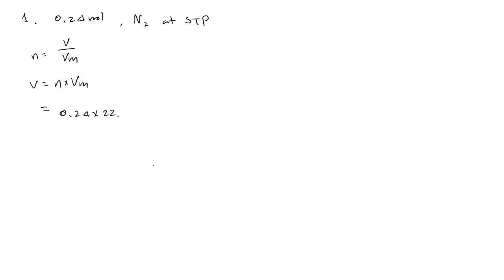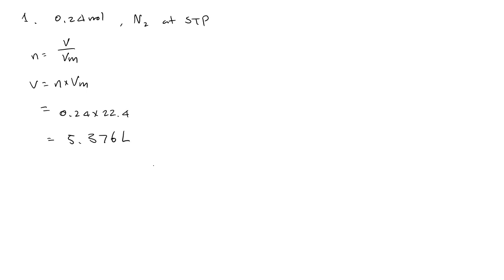Now let's try an example. Let's say we had a question that says calculate the volume in liters occupied by 0.24 moles of nitrogen gas at STP. So since this gas is at STP, we can just use n equals V over molar volume. So volume is equal to n times molar volume, 0.24 times 22.4, which is approximately equal to